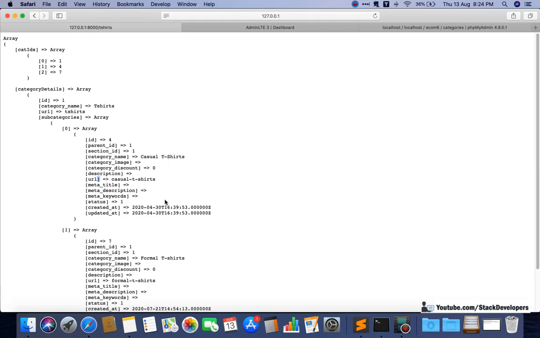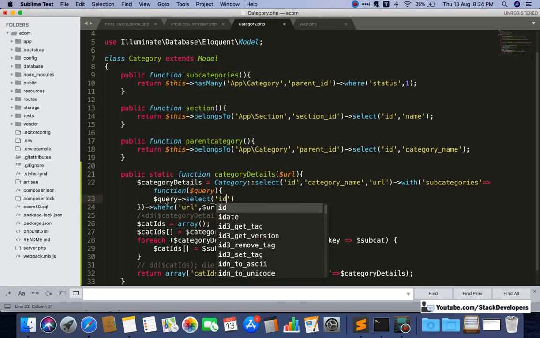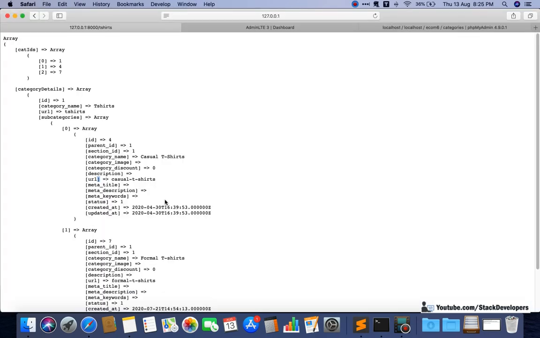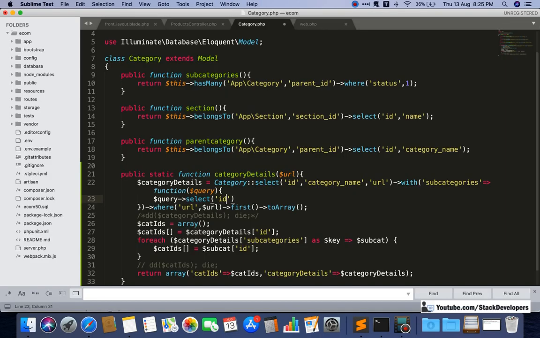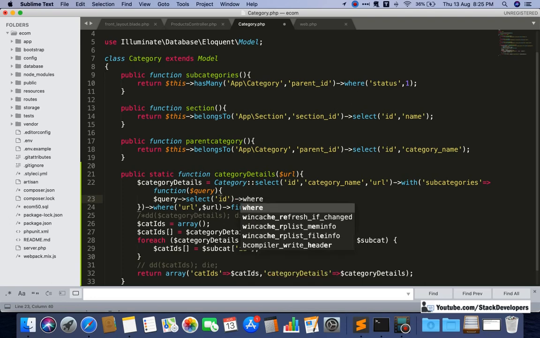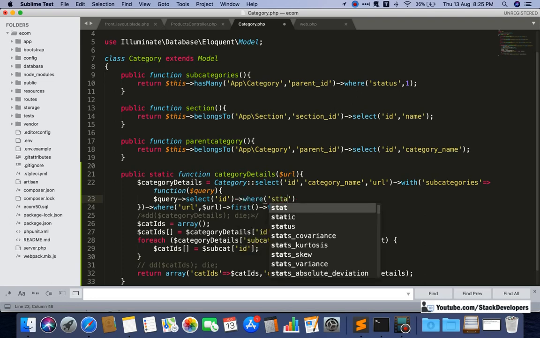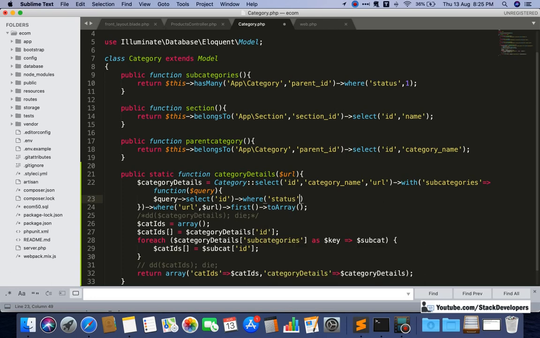Here we can fetch with $query select. We are going to select the ID, and the URL if you want, but it is not required. And we can take care of the status as well, where status must be 1 only. If the subcategory status is 0, then we will not pick this subcategory at all.